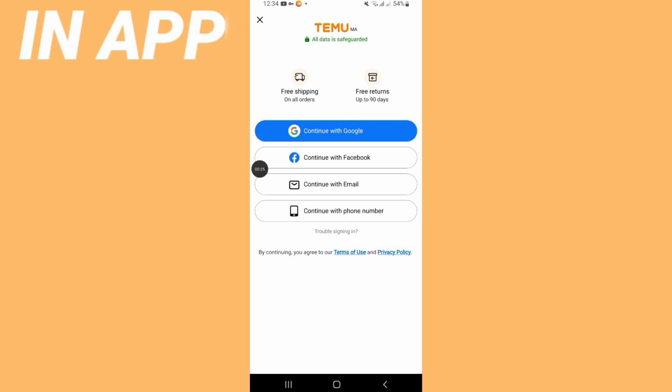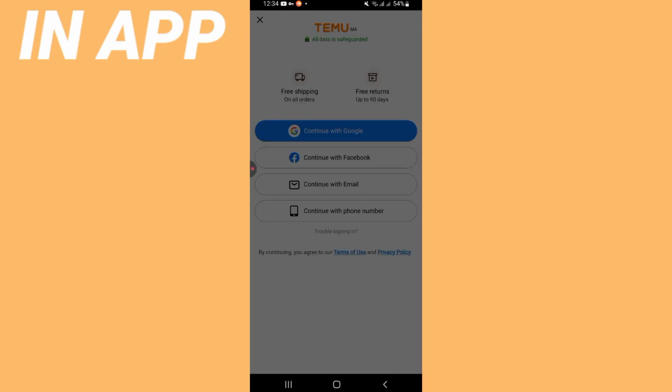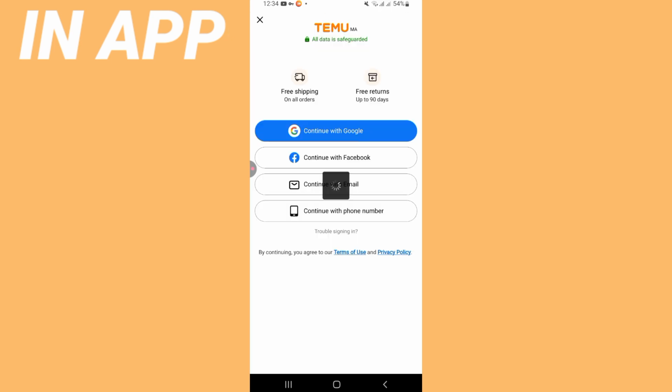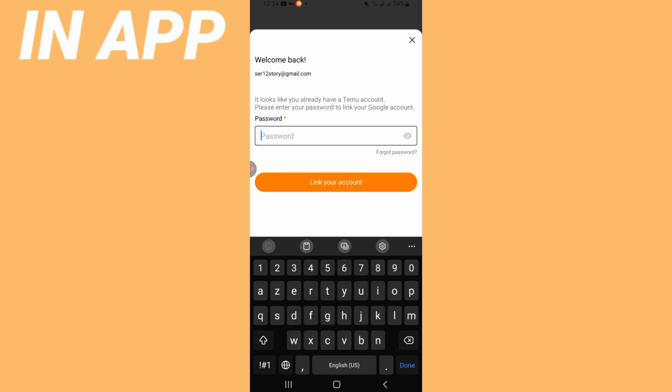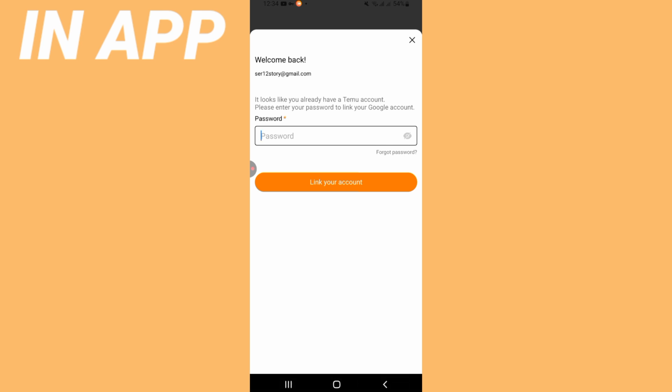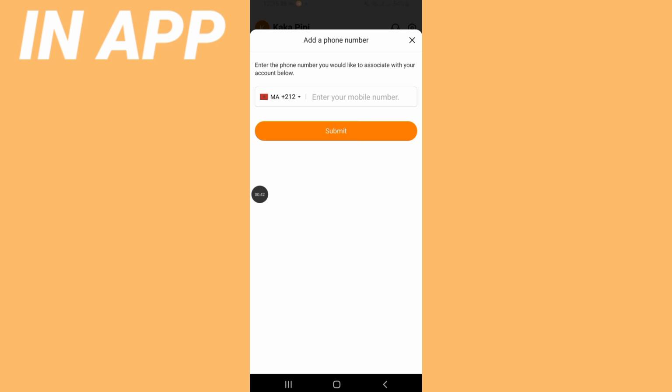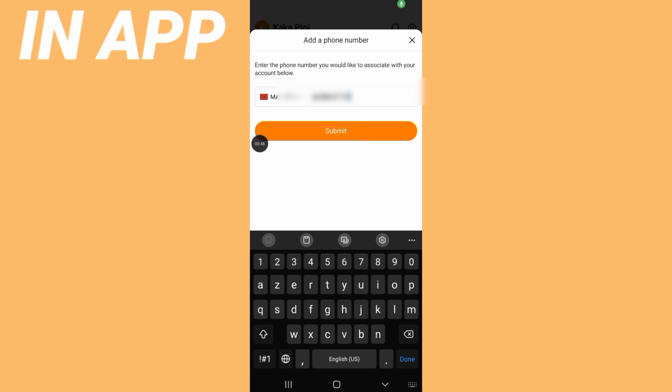For me, I will choose Google, and I will choose one of my Google accounts. So I will choose this one, and right now, for example, I already have an account on it. I will change it. So right now, after adding my email, I have to add my phone number. I have to add it here. Next, I will click submit,